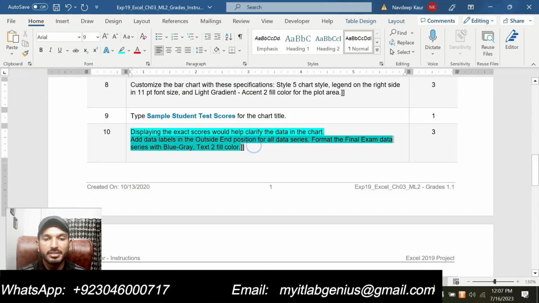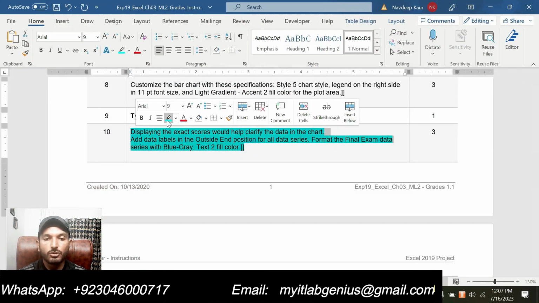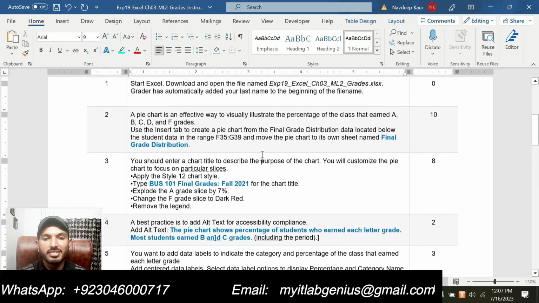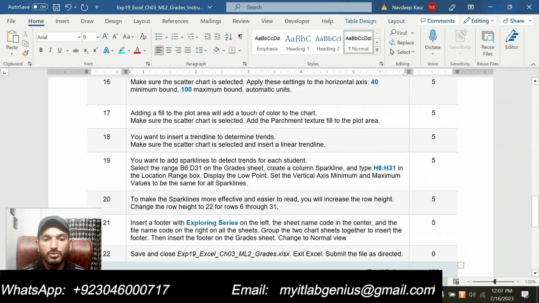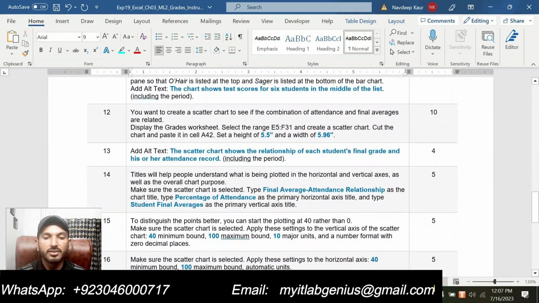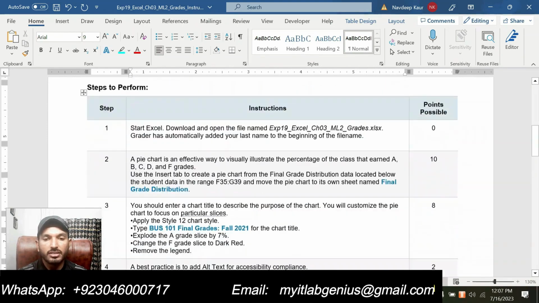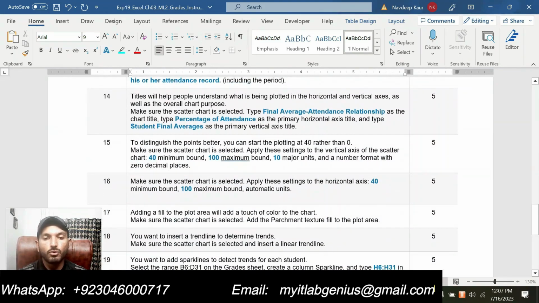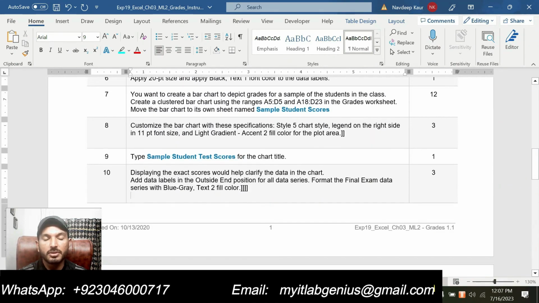So I have completed 10 steps so far. I have shown you how you can complete those steps. I have solved each and every single thing in these steps, and now 10 steps for this assignment are left. For the remaining steps I will just give you an overview. And if you want me to do this assignment for you, you can ask me. You can ask me to do this complete course for you.